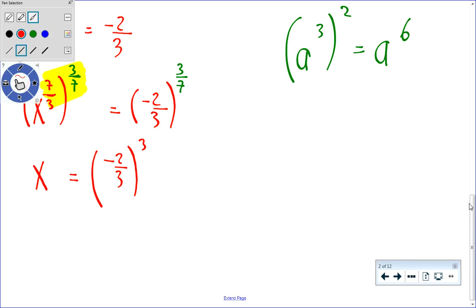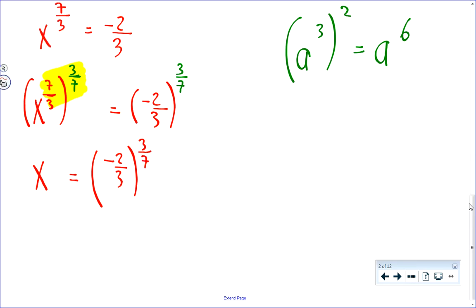raised to the 3/7. Now, that's an exact value. And what it means is you're going to take -2/3, take the 7th root of it, and then raise it to the 3, or you can just put it in your calculator. Unfortunately, I connected a different computer to the smartboard today, and I can't get my computer calculator to work, so you can't see me doing this. But basically, I put -2/3 in brackets, and I raise it to, in brackets, 3/7, and I get approximately